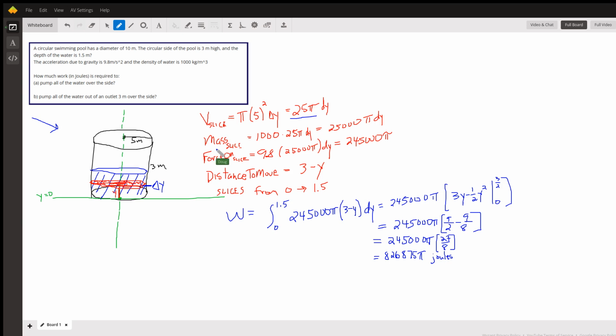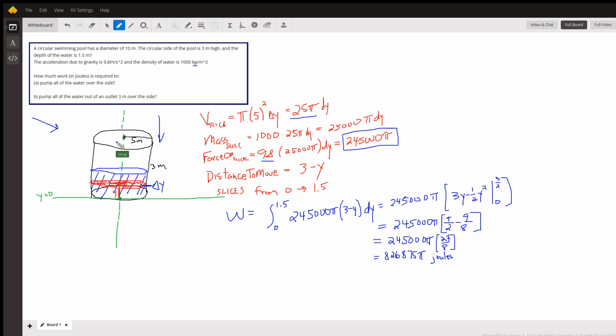The mass of the slice, since each cubic meter weighs 1,000 kilograms per meter cubed, we have to multiply that by 1,000. So 25 times 1,000 gives us 25,000. Gravity is pushing down on that slice, which we have to overcome. So the force on the slice is acceleration due to gravity, 9.8 meters per second squared, times the mass gives us that